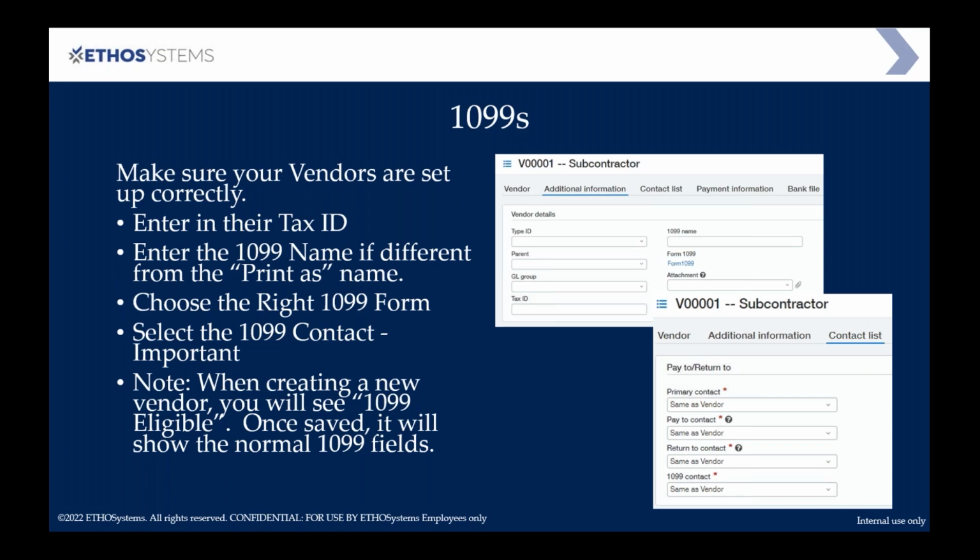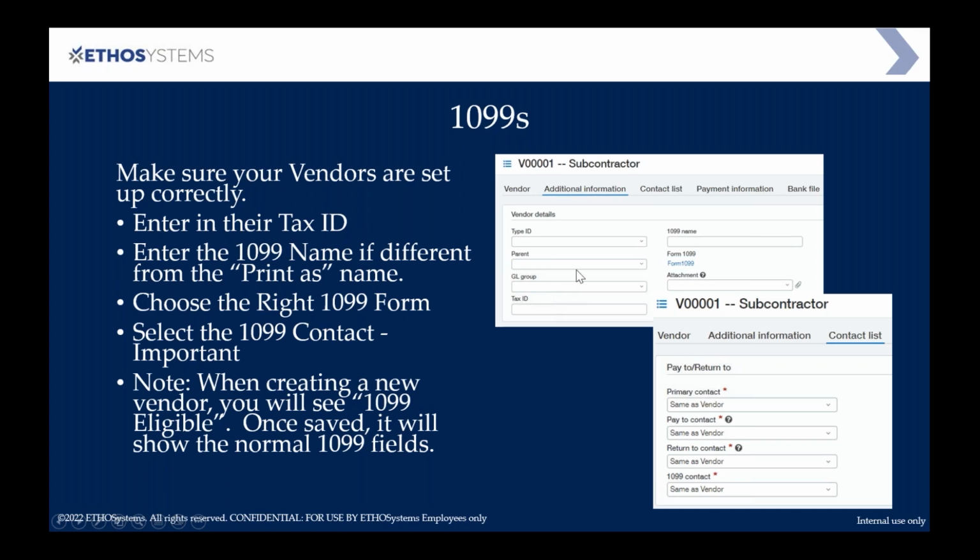And remember, several years ago the IRS switched from 1099 miscellaneous to 1099 NEC as an additional one. Where it used to be on box 7, it's now on box 1 of the NEC form for non-employee compensation. Things that are important to put in here, obviously, are the tax ID,